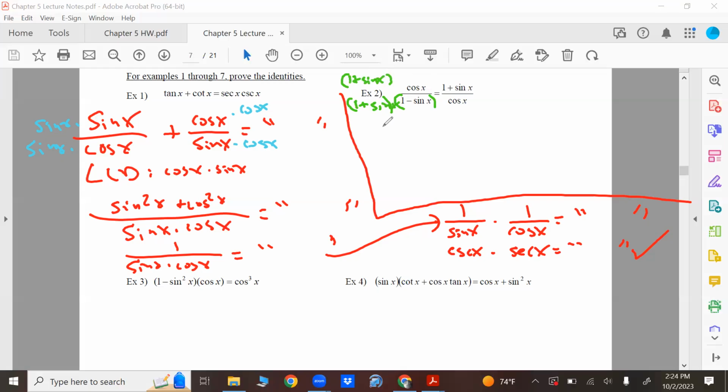So you wind up getting cos x, cos x plus cos x sine x over